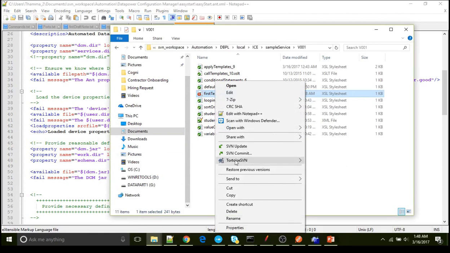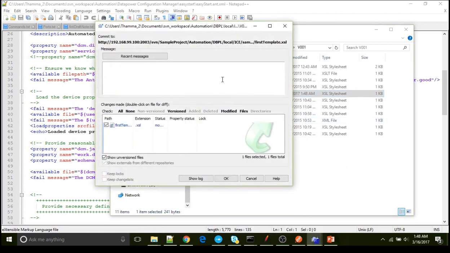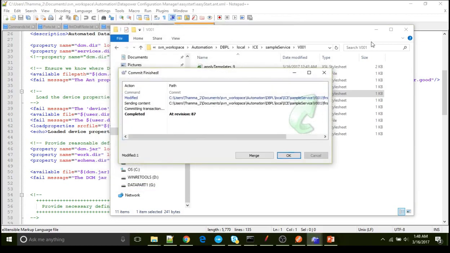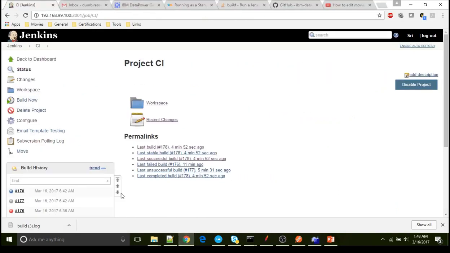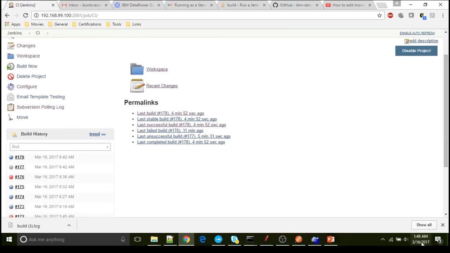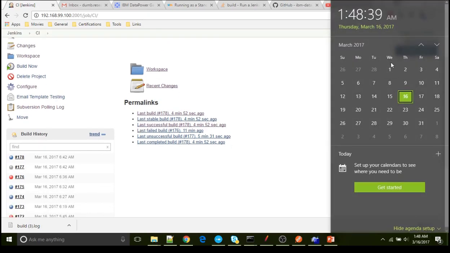So the moment I change this, once I commit this, this build should get triggered. Okay, so this looks fine. Let's go and see. Let's wait for a minute.